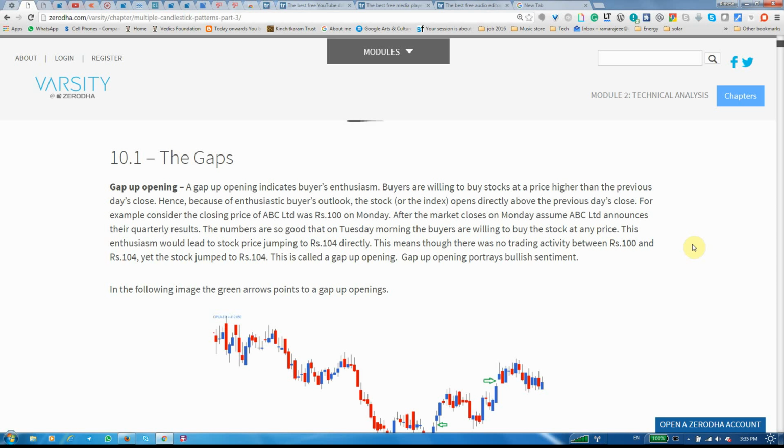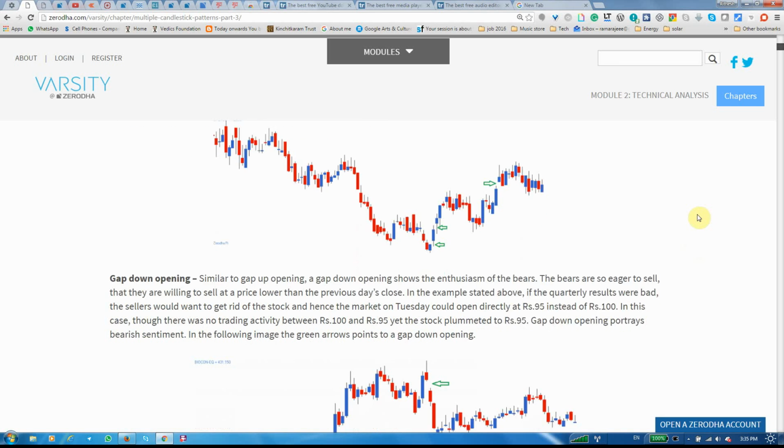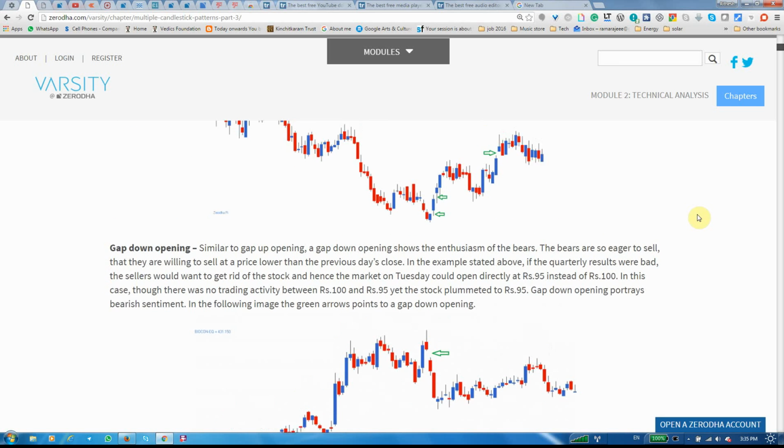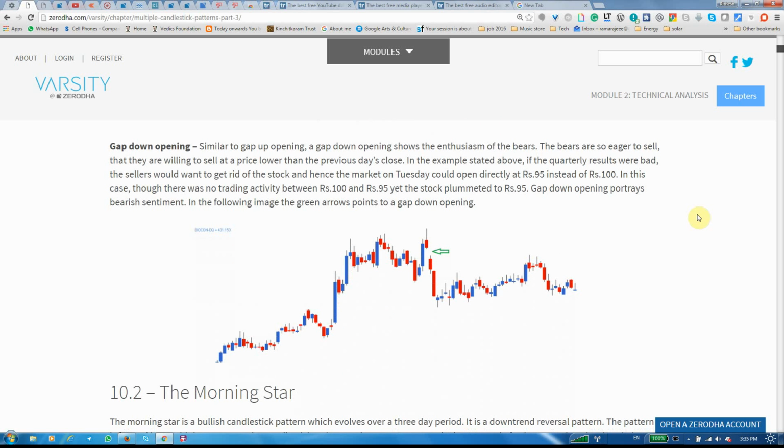Gap up opening portrays bullish sentiment. In the following image, the green arrows point to gap up openings. Gap down opening is similar to gap up opening. A gap down opening shows the enthusiasm of the bears. The bears are so eager to sell that they are willing to sell at a price lower than the previous